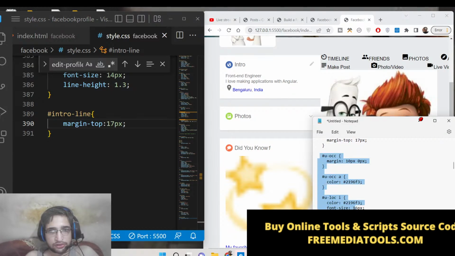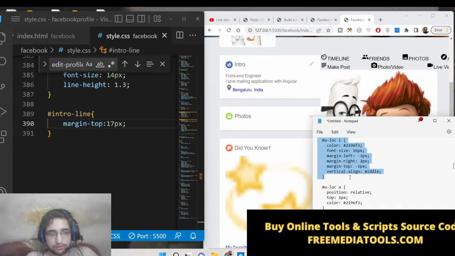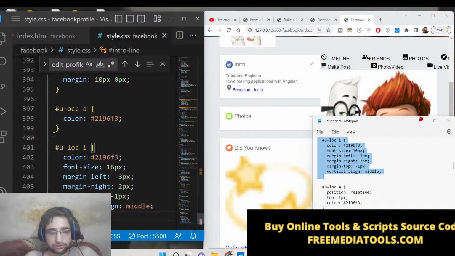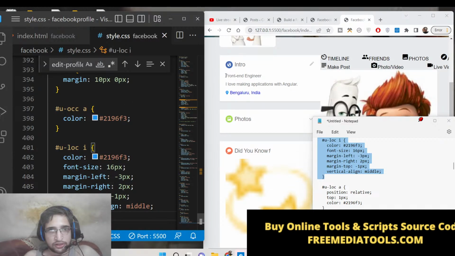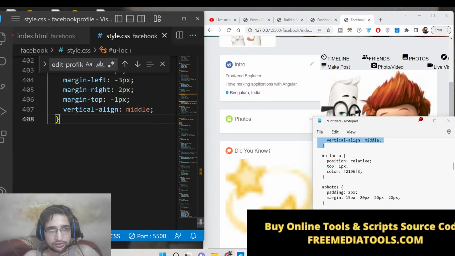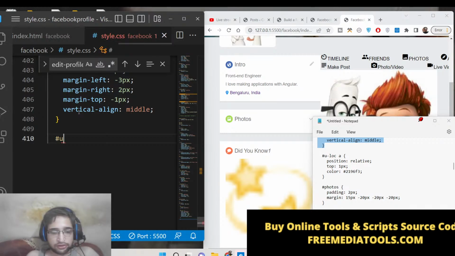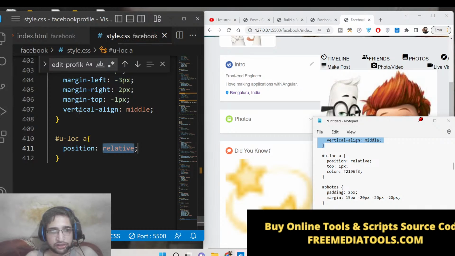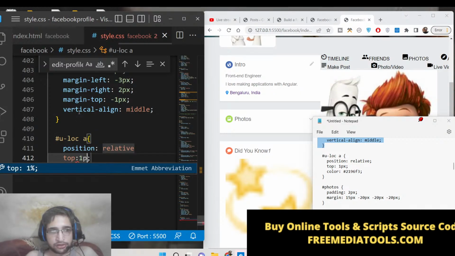If I paste it here, you can see that it is coming in each line. This has got the blue color that you see inside this location icon, and now we will be targeting this anchor element, the u location anchor. So position we need to change to relative, top to 1 pixel,